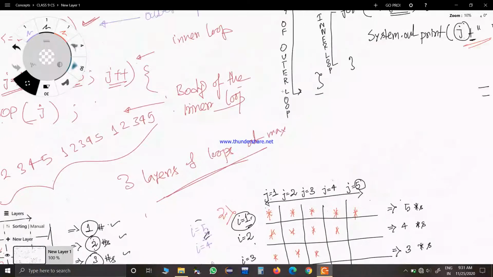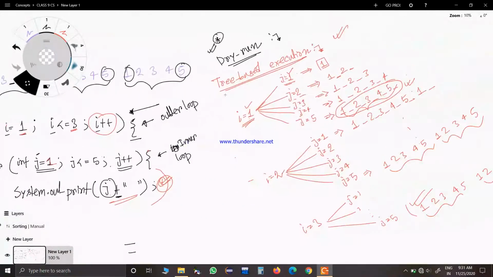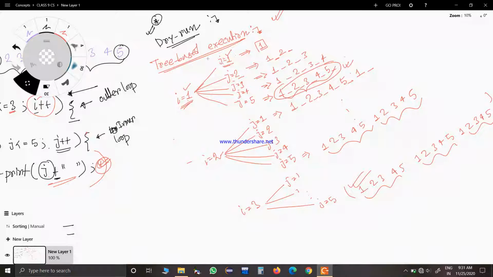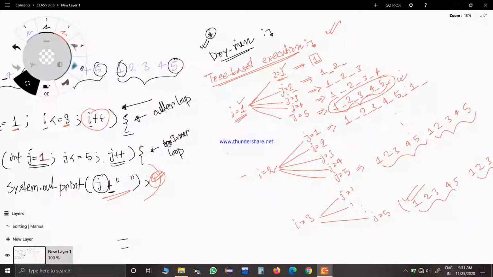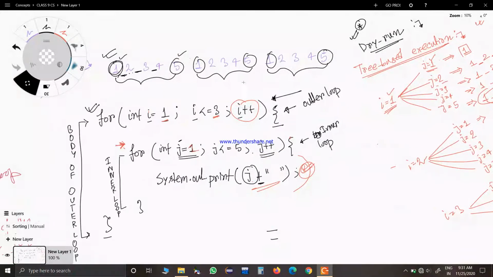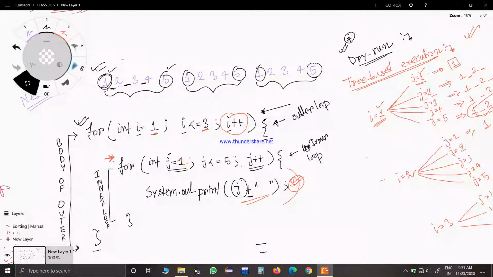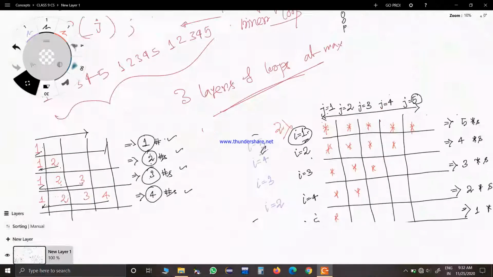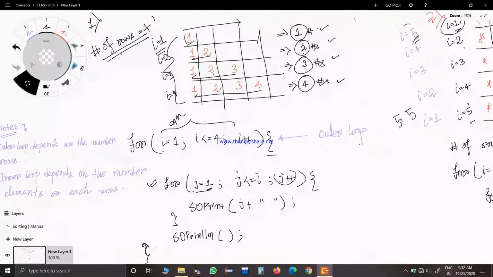In the previous video, I showed you the process of dry run, how to do a dry run. This is the previous execution, and I've shown this process for the program. It is just printing a pattern of 5 numbers. Right. Now let us come to the next question.